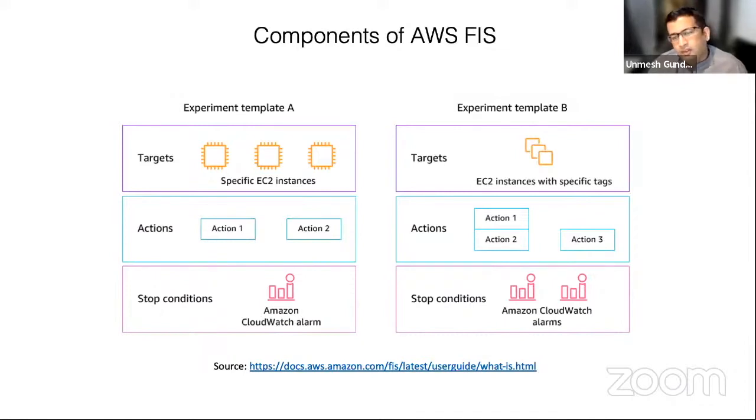So it depends on how mature the team is, and then you can run these experiments in the environment that you want to observe. So coming back to FIS, you create an experiment template, you define the target, the application infrastructure that you want to target, what actions you want to take, and what your stop conditions are,